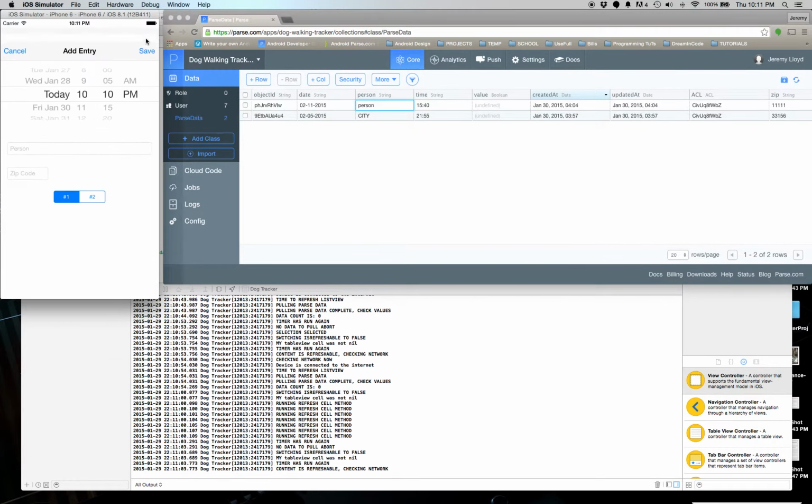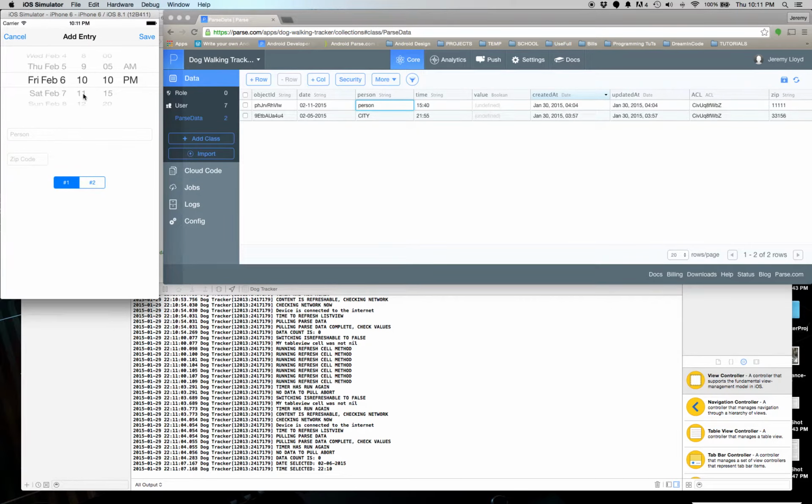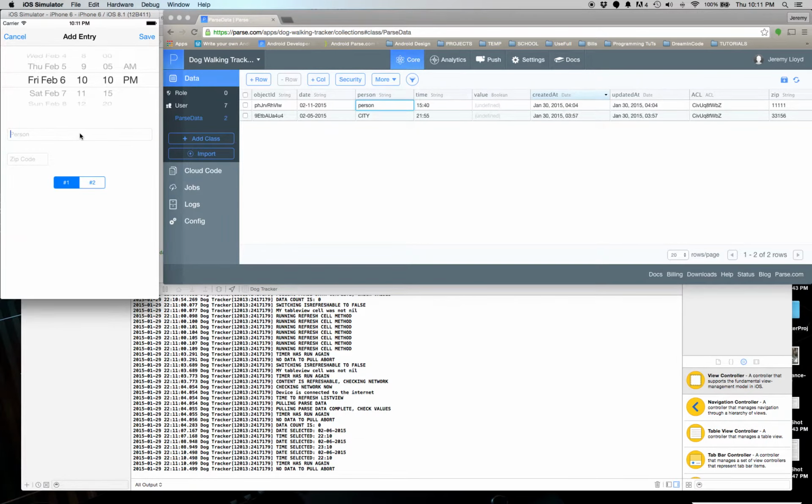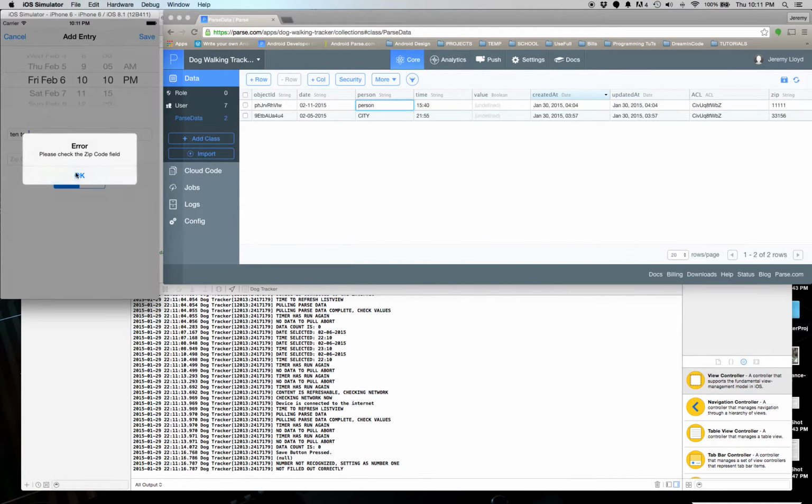data. So we're going to go ahead and create data on here. We'll set it to February 6, 1010. Oh, no, there we go, 1010. And we're going to call this one 1010. And if we don't have a zip code, it's going to go ahead and ask us to put in the